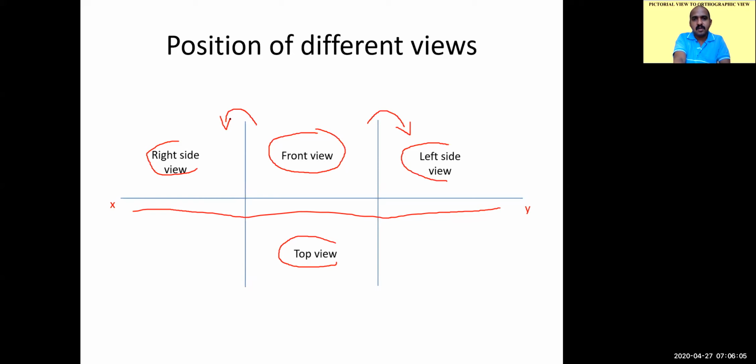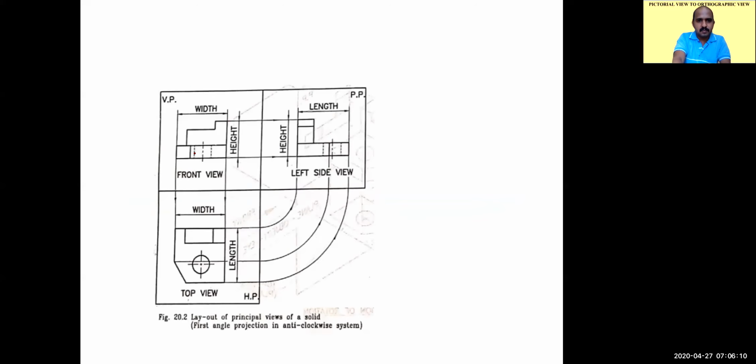So when you convert a pictorial view into the orthographic view, this is another representation. This is the front view, normally in the VP, the corresponding front view. Then from that front view, you can draw the top view. For this question, you are drawing the left side view. So from the front view and the top view, you can complete the left side view. Now we are directly moving on to the question.